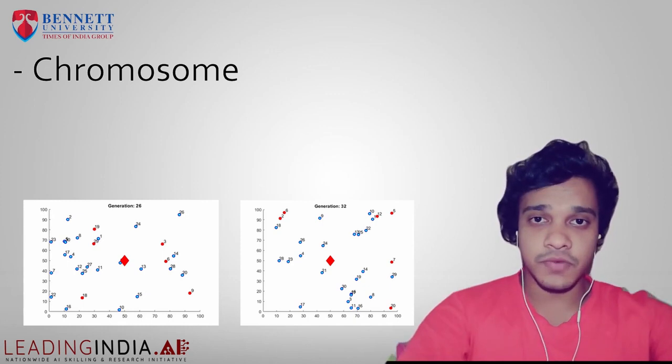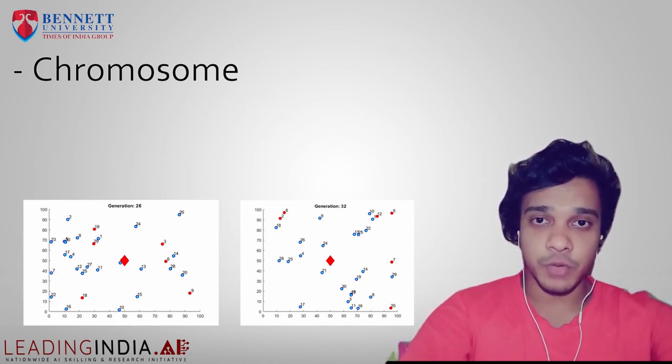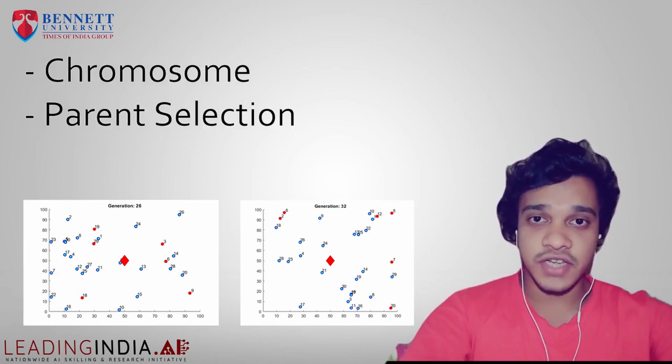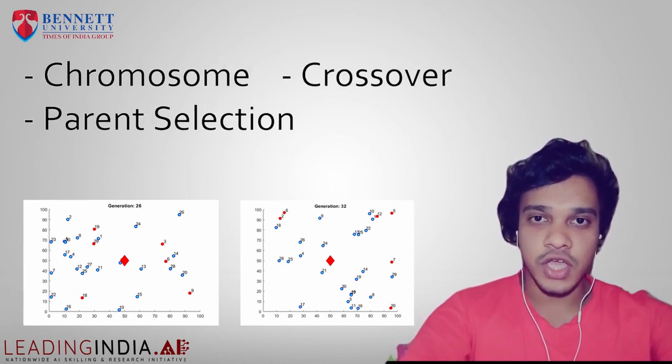The first step in performing genetic algorithm is to create a population. Now each chromosome in a population could be a potential solution to a problem. Next step is to perform parent selection. Parents are selected based on their fitness values, and the parents with best fitness move on to the next generation. Next step is to perform crossover. Crossover is a process in which we share genetic information among parents so that we could generate best candidates or a best solution in the next generation.